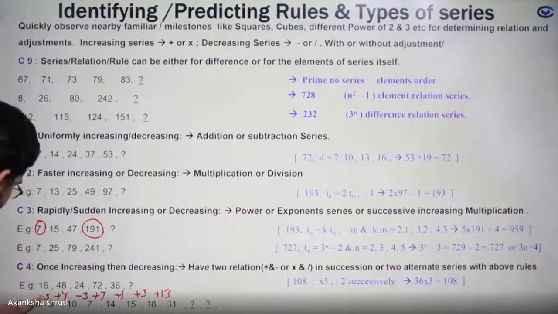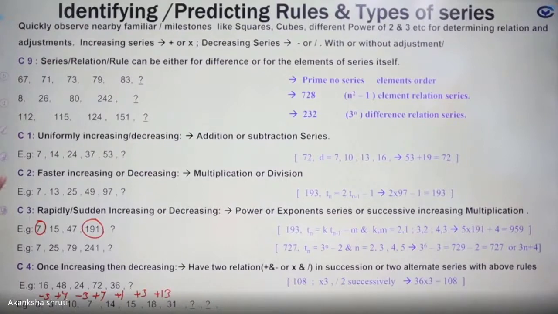So here we are getting that this difference is neither uniform, nor steadily increasing or decreasing, so this difference cannot give us any idea. So we shall think about whether it is divided or multiplied. Okay, we may think 6 is divided by 2 to get this 3, and 3 is multiplied by 3 plus 1. But the next 7 cannot be obtained by dividing this 10 by 2, the way we obtained this 3 from this 6. So just multiplication or division is again not applicable. So we shall try the other thing. What could be the other thing?